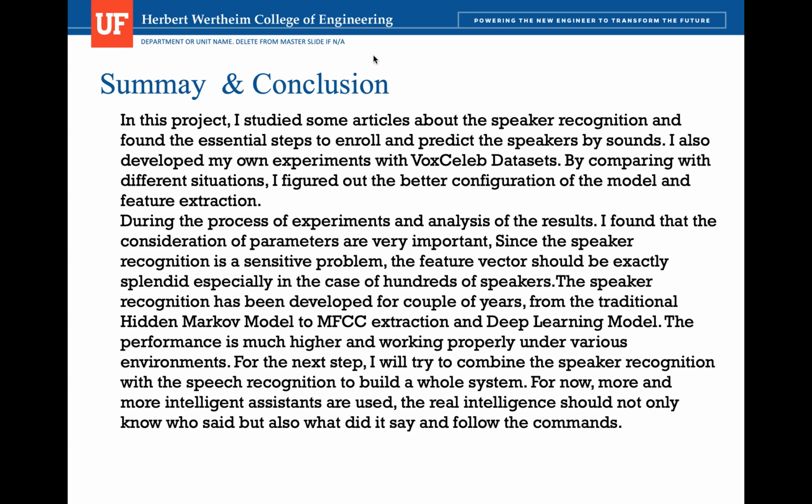So let me give the summary and conclusion of this project. In this project, I studied some articles about speaker recognition and found the essential steps to enroll and predict speakers by sound. I also developed my own experiments with the VoxCeleb database. By comparing different situations, I figured out a better configuration of the model and the feature extraction. During the experiments and analysis of the results, I found that the consideration of parameters is very important. Since speaker recognition is a sensitive problem, the feature vector should be exactly well designed, especially in the case of